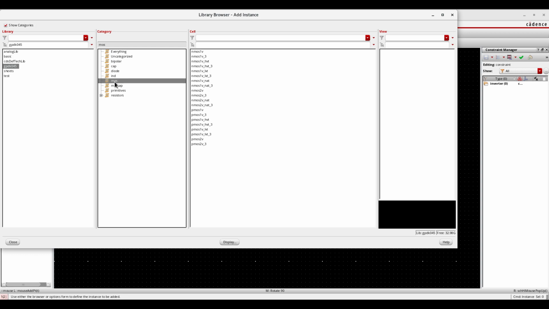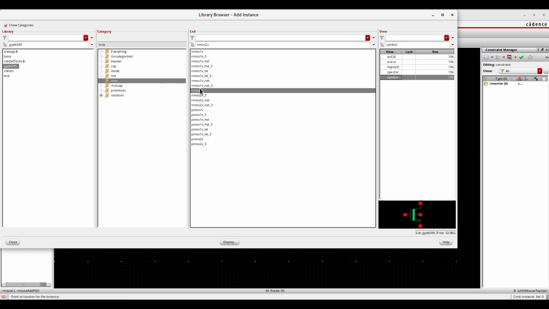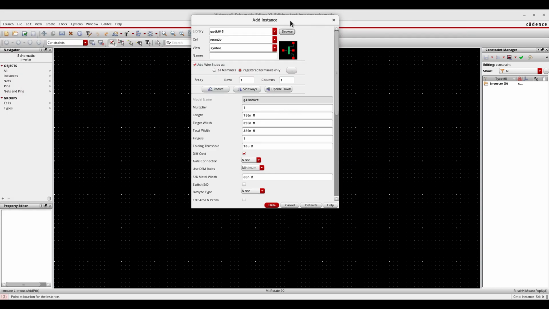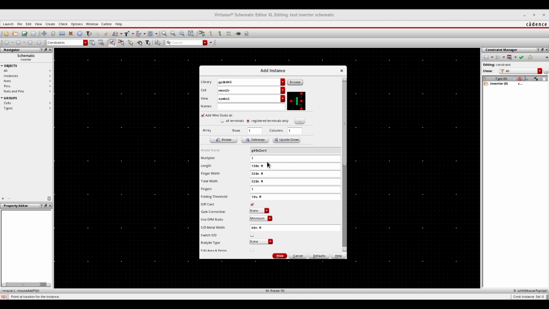I need a MOSFET, so I just selected the MOSFET. I am going to take a normal MOSFET which has 4 terminals. I don't want to take a 3 terminal MOSFET, simple MOSFET. So I am taking the N MOSFET 2 voltage device. Here you need to choose symbol because we are working at the schematic level. In schematic, by default you need to choose the symbol; other views will not be supported for the schematic. Just select the symbol and minimize, then you can change the parameters of the device.